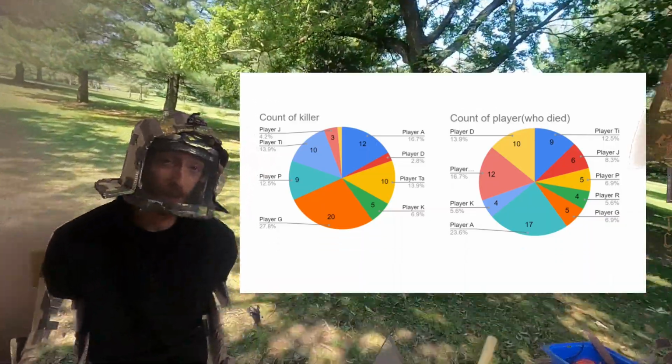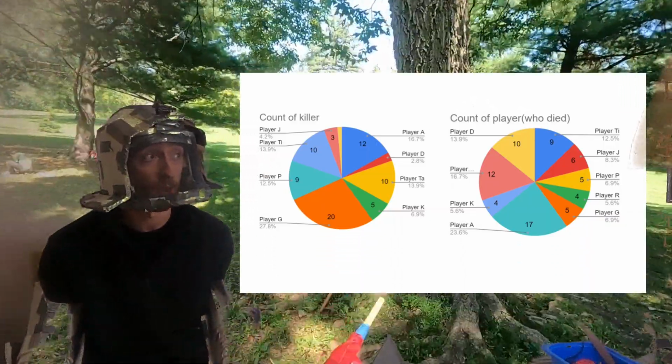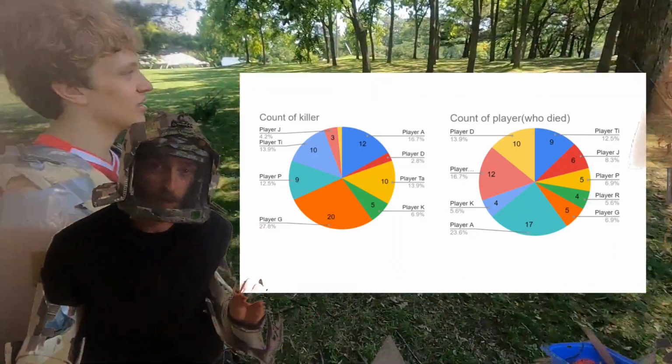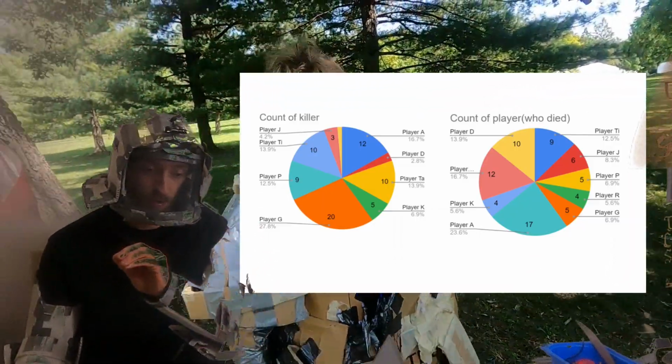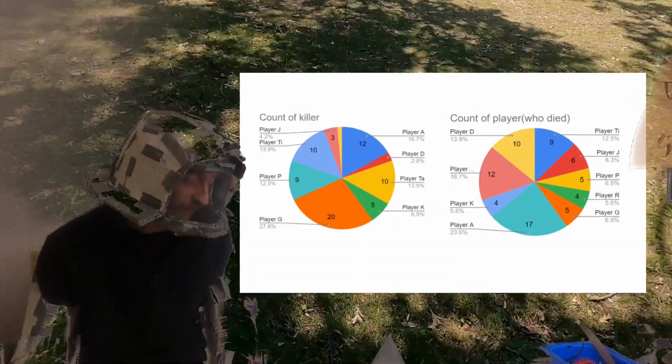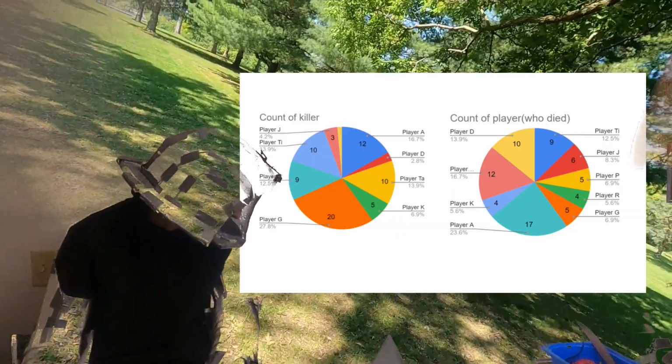Now, I do believe I was falsely attributed some extra kills. I think there may have been several events where I was tangentially a part, though not the actual cause of a death, and then it just got given to me. So I think my number is inflated, but still, a lot of kills.